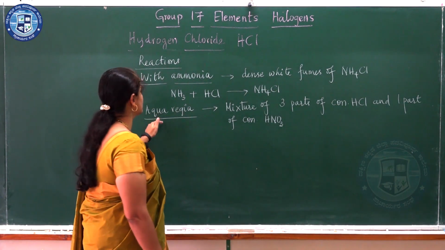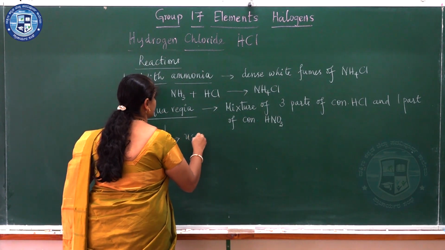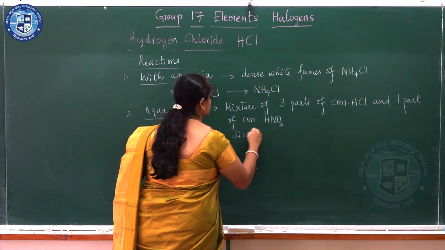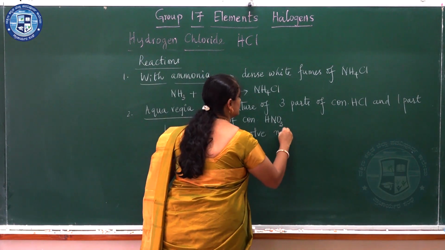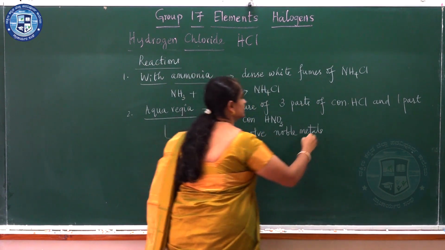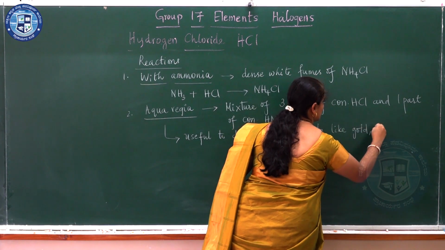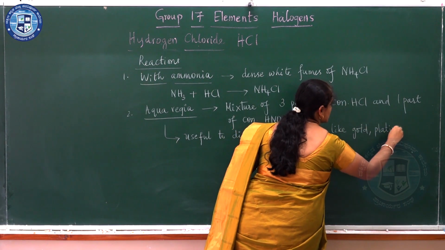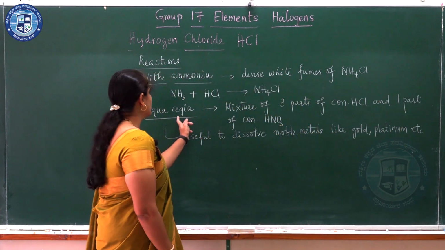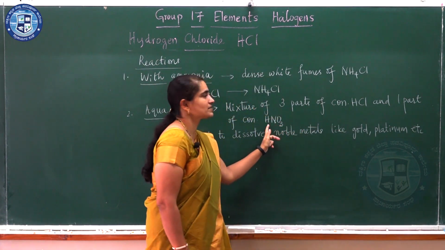Now what is the use of this aqua regia? So this is useful to dissolve noble metals like gold, platinum, silver, etc. Okay. Aqua regia, it is a mixture of 3 parts of HCl and 1 part of concentrated nitric